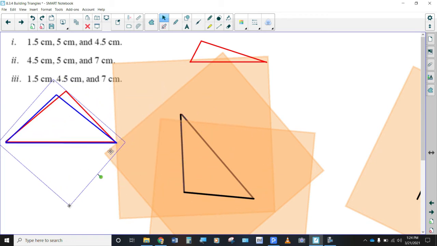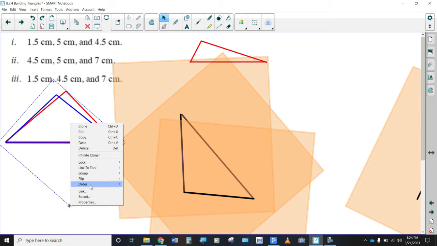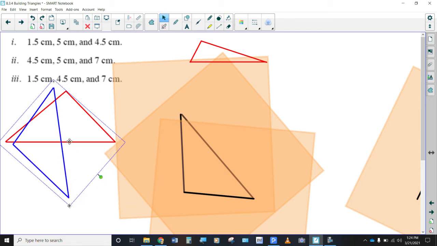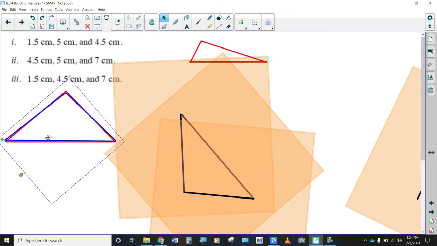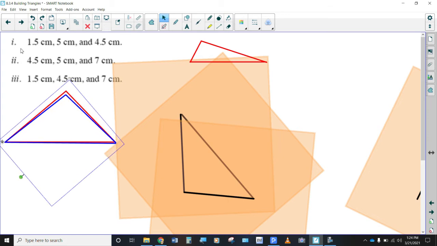It doesn't look the same, except when I flip this guy from left to right. And I think I might have just, with my putting things together, I think those are the same one. I really do. I think this is just like the first example, where when you've got three sides that are the same,